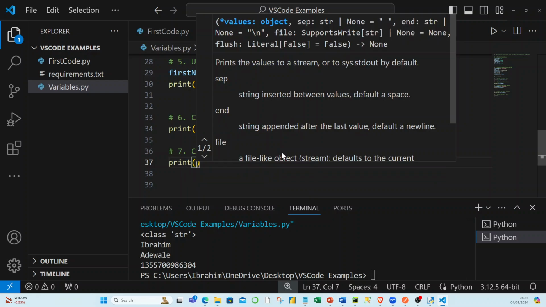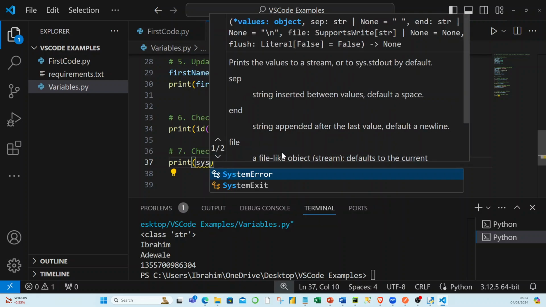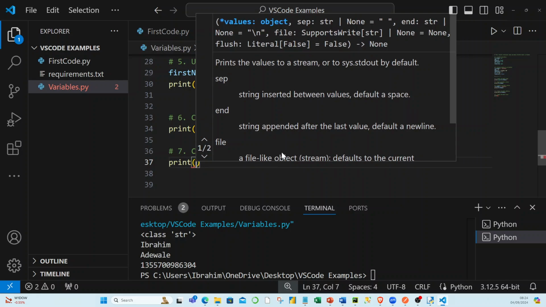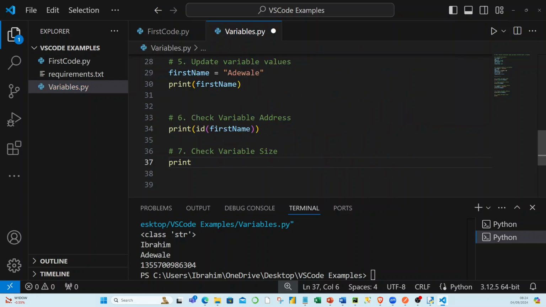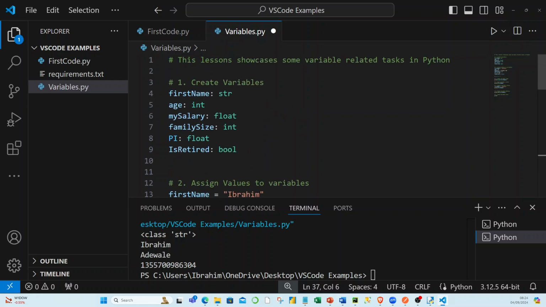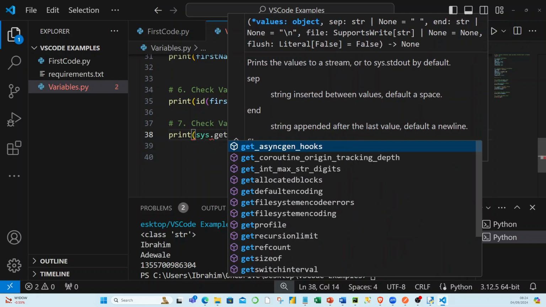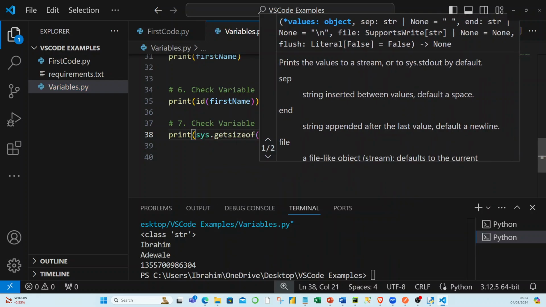You can do print sys dot, it doesn't know what sys is, so you need to backtrack one second. You go up into the upper part here and say import sys. That's trying to speak to your operating system. And then you come back down here and say sys dot getsizeof, and then you put the variable